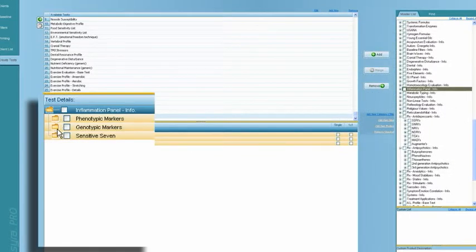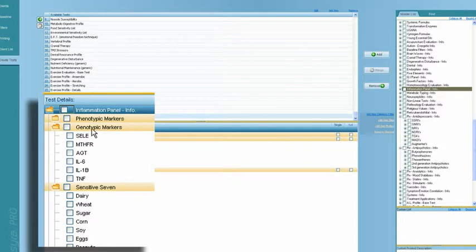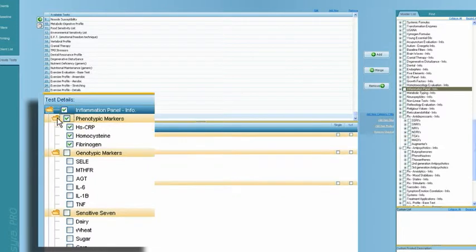And you'll see there's a lot of information. We're looking at the main 7 allergies. We're looking at genotypic and phenotypic markers. And one thing that they have come to find